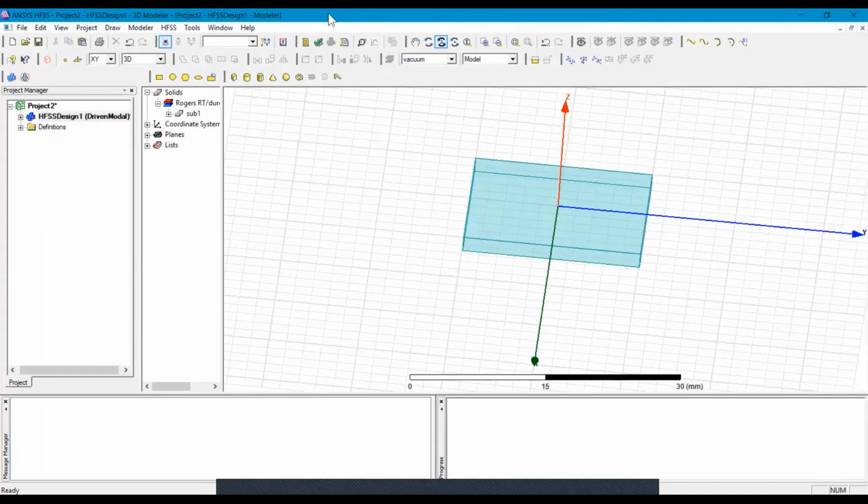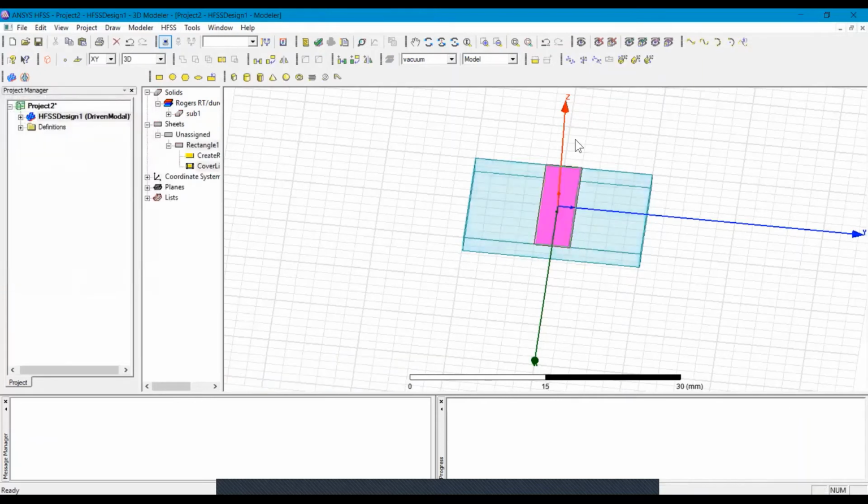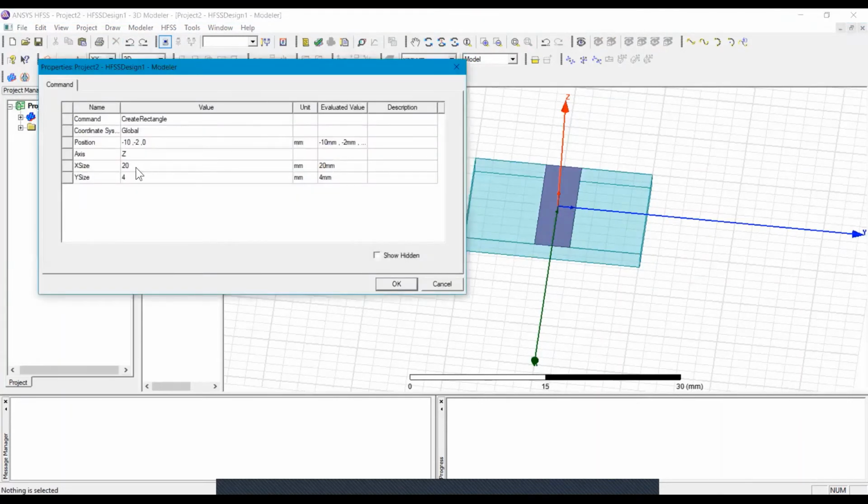Now I will design the strip line over it. So I am selecting a rectangular geometry and again randomly insert it over it. Now I have to assign the values. So the x-axis is this green axis. So I have to require the length 20 on the x-axis.